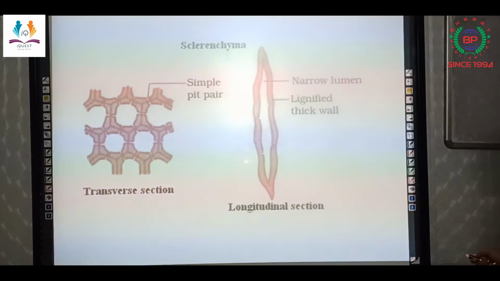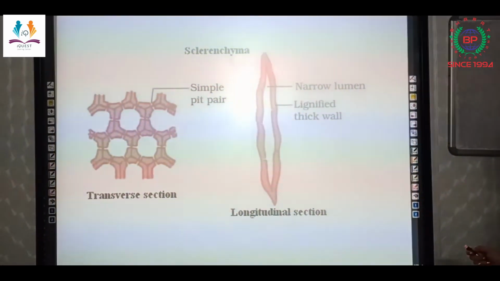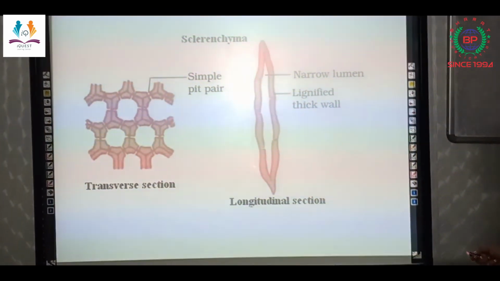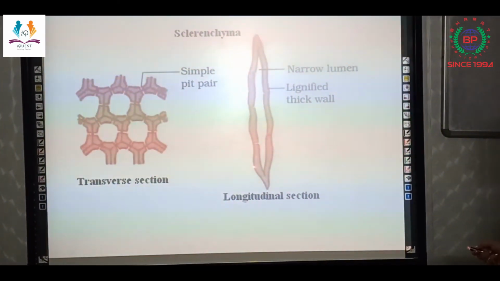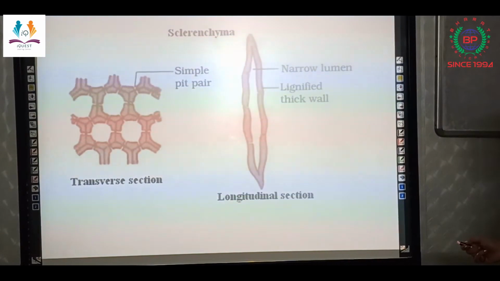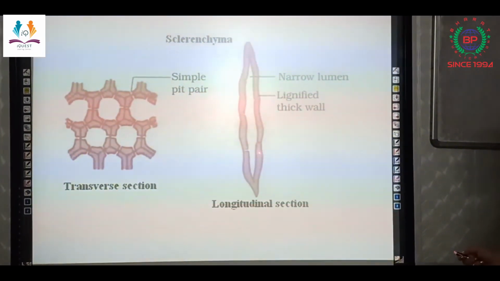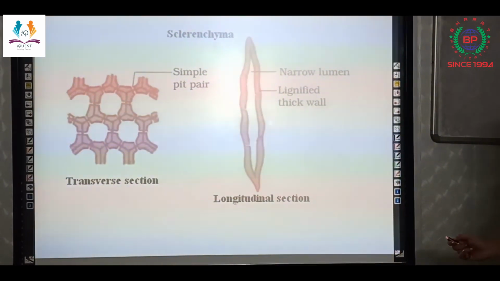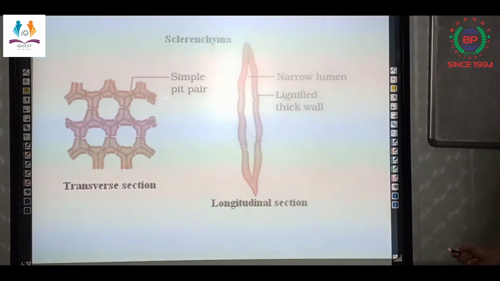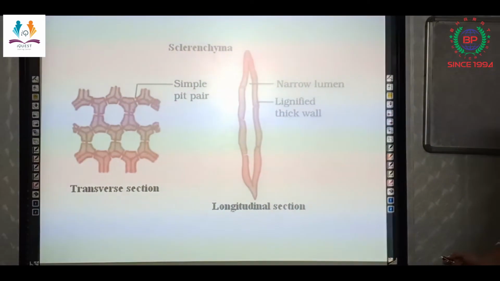As I told you, these are dead cells, so they don't perform any function and they have an average length of 1 to 8 centimeter. They are also known as fibers. Today we have learned the three different types of permanent tissue: simple permanent tissue, that is the parenchyma, collenchyma and